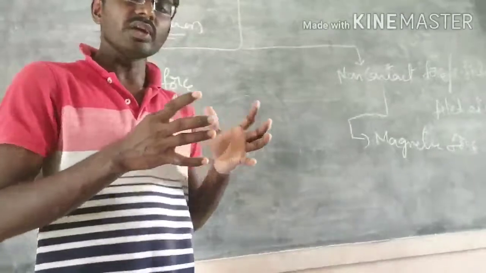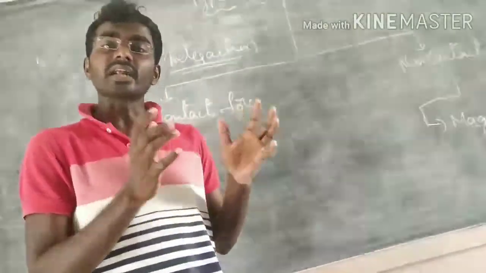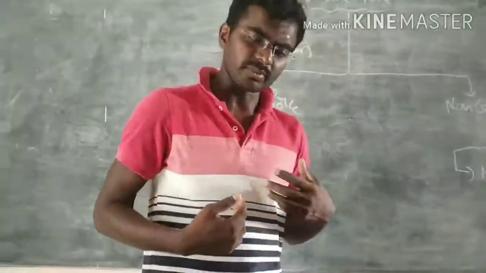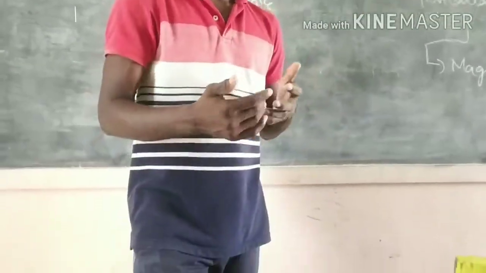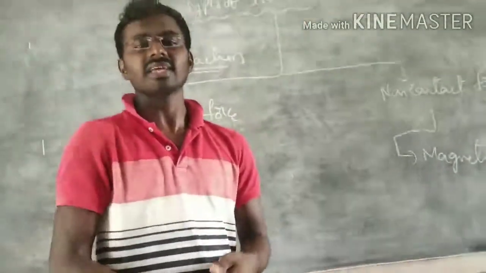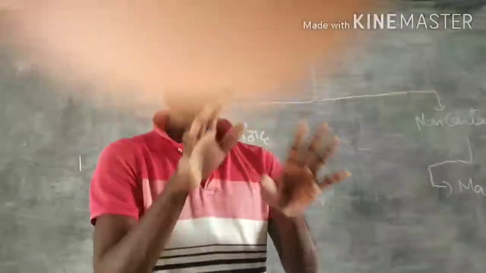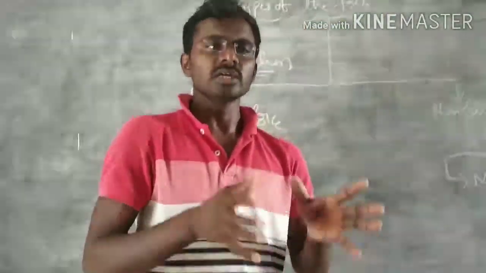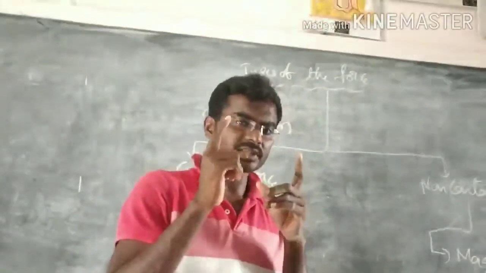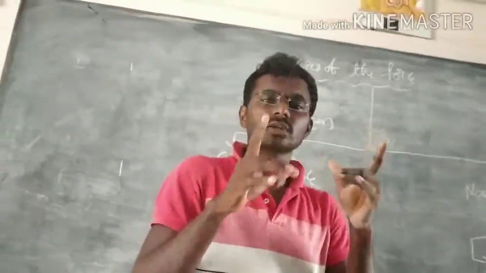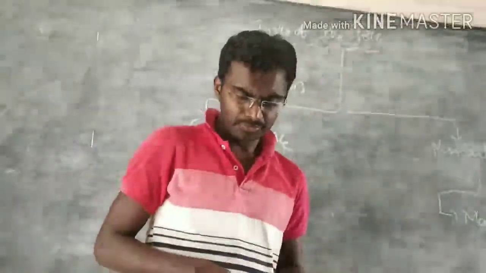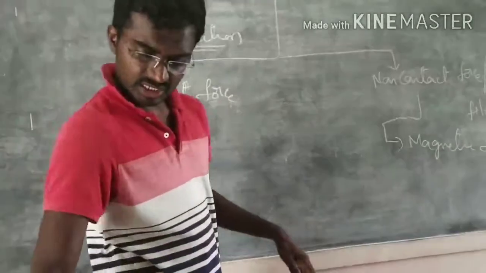So we are not experiencing the gravitational force between the board and me, or between me and the dust. Between these two objects some gravitational force exists, but still they are not experiencing it. Why? Because they are tiny objects. So to experience gravitational force, one object should be huge and very massive. Then only it will come into account. So that is gravitational force.